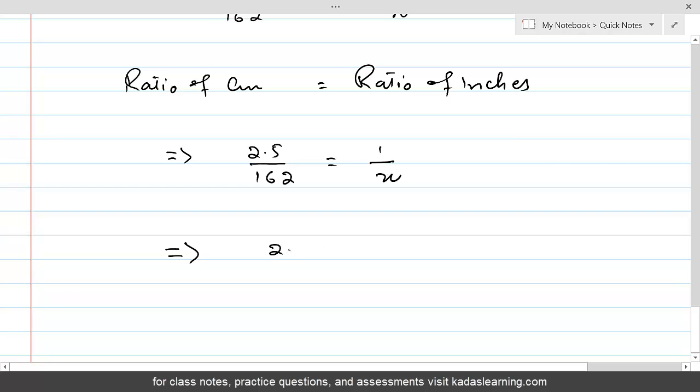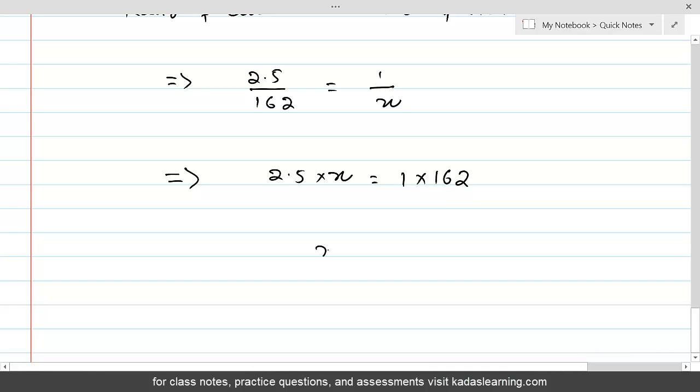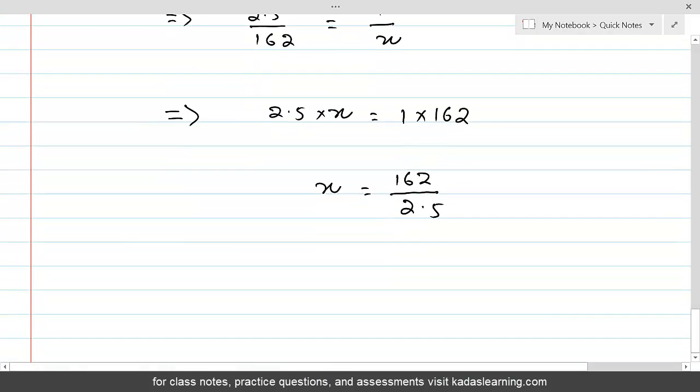So 2.5 times x is equal to 1 times 162. This means x is equal to 162 divided by 2.5, and when we divide 162 by 2.5, this gives us